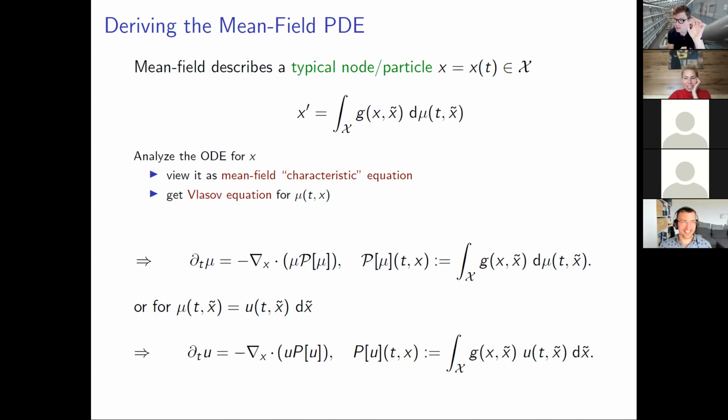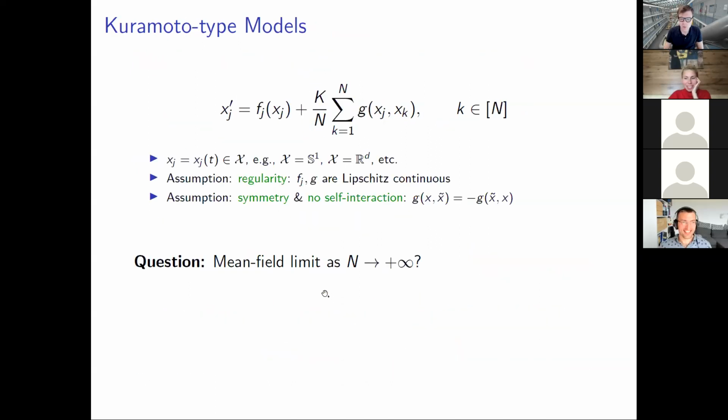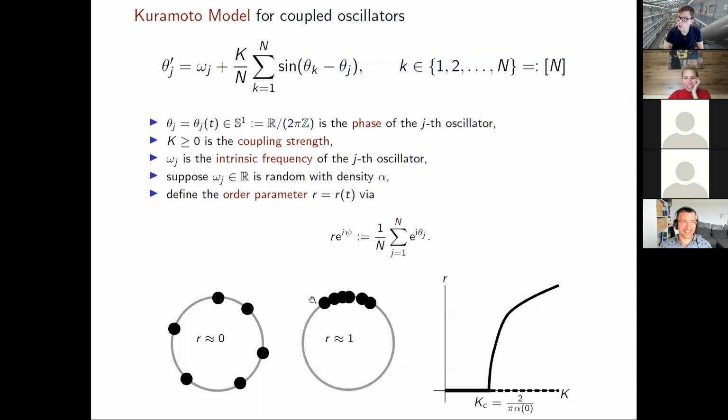And you wouldn't have to study the system on finite level n, which could be really difficult for many, many particles, but you could go to a mean field limit and study the equation for u, and you would know what a typical particle does, and then you would know about the behavior of the system. Indeed, if you go back, you would then hope that this diagram here you could derive from this mean field Vlasov equation, because on the left here below this synchronization threshold, you would assume that the typical particle just spreads out,